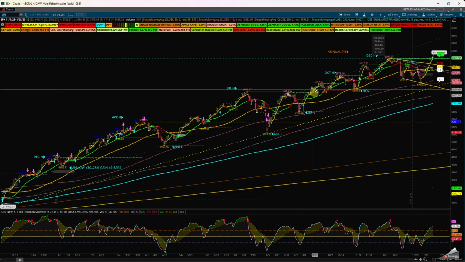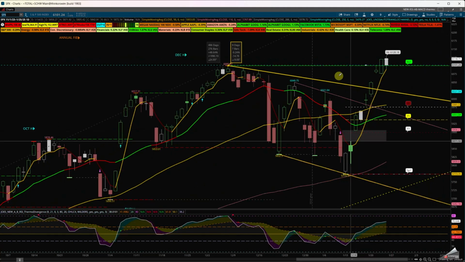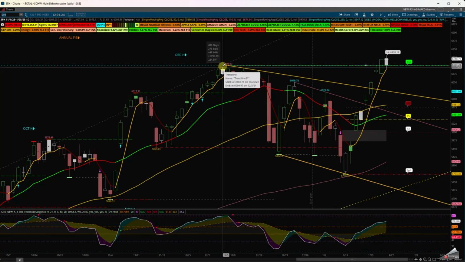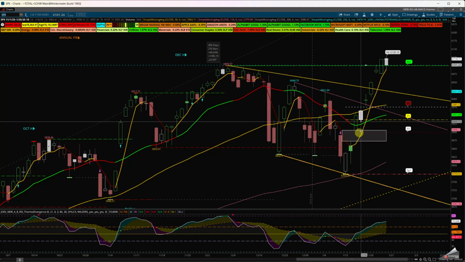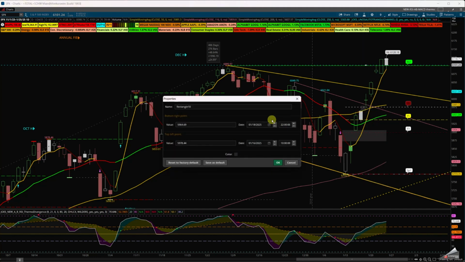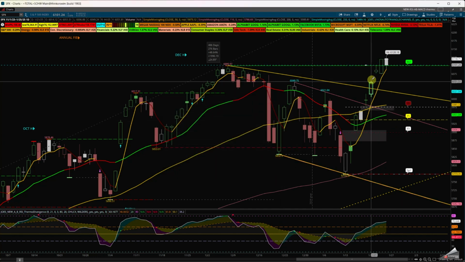In the SPX, I put the last year's move from the October lows till the high, which was 48%. We came under, went zigzagging, and we got this gap here. We have another gap here. I'm just going to extend them to the right, edit the property, and extend them till the 26th or 27th.